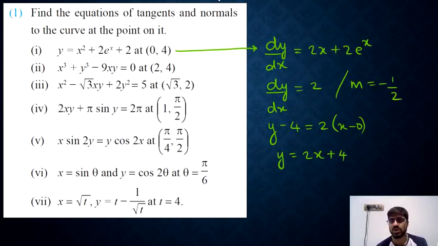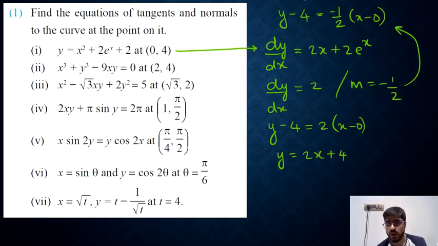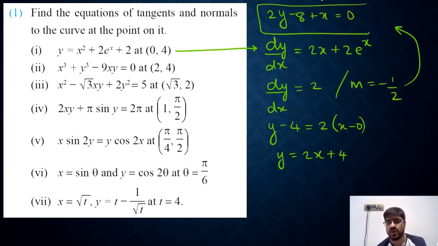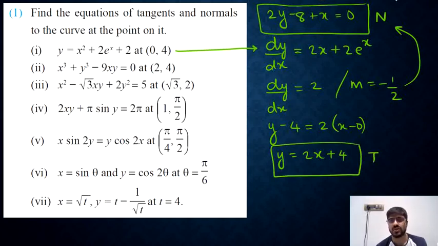And finally the equation of normal will be written in this manner. Y minus 4, the normal also passes through this point because you are finding the normal at this point. So y minus 4 equals minus 1 upon 2 into x minus 0. So that's the equation of the normal. We can take that 2 on the other side, so we will have 2y minus 8 equals minus x. Take that x also on the left, so we have x plus 2y minus 8 equal to 0 as the equation of the normal, and here's where you have the equation of the tangent. Let's go ahead with the next question.